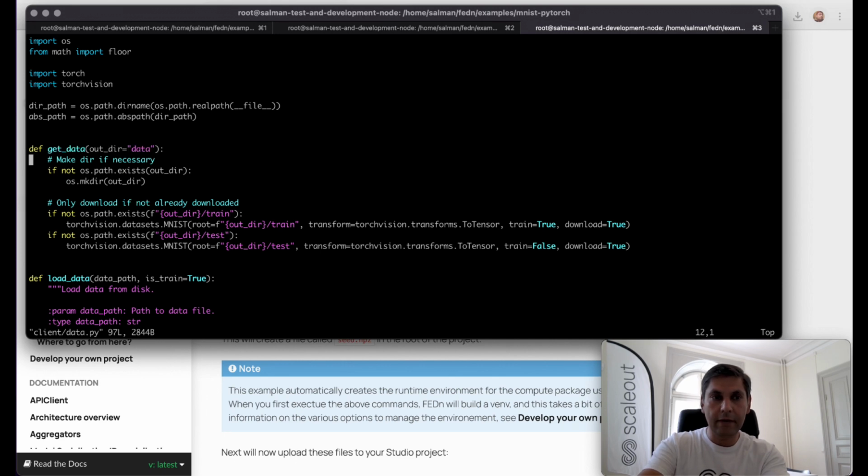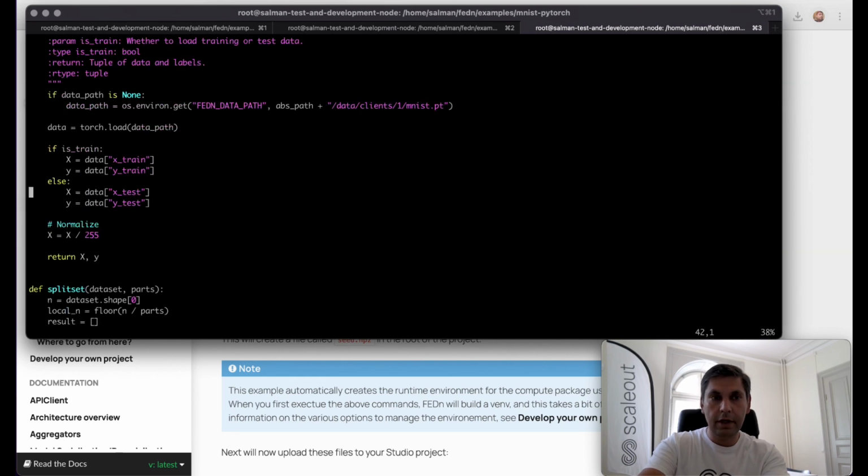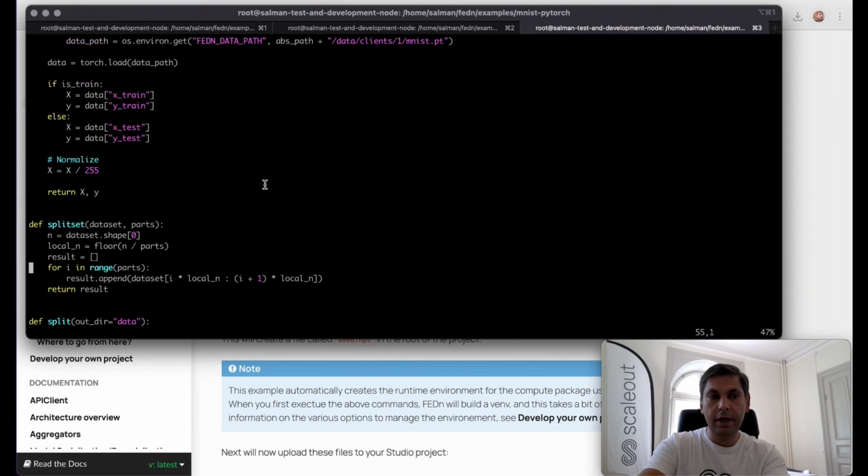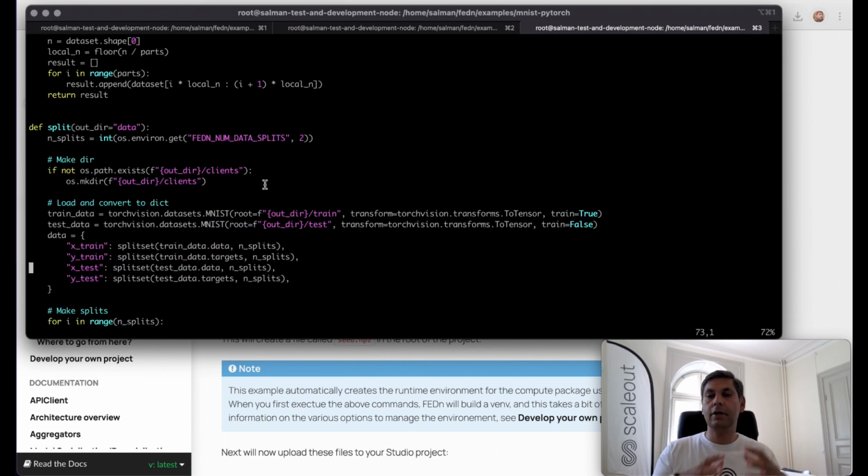And then we have one function called data loader that actually loads the data according to the defined path. And then we also split the data on the client side so that multiple clients can use different splits of the data. And if you don't want to use an external open source data set, what you need to do is to open this file, make changes according to your local setup, and inject the data in the